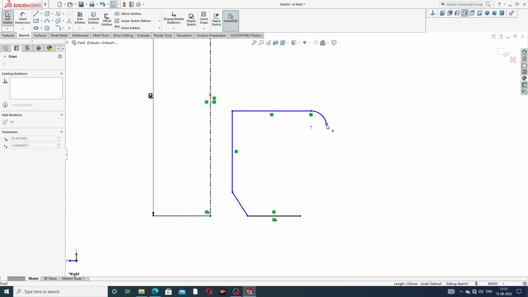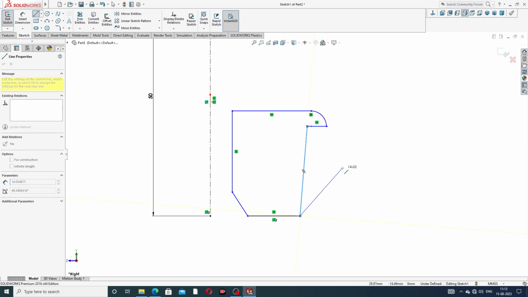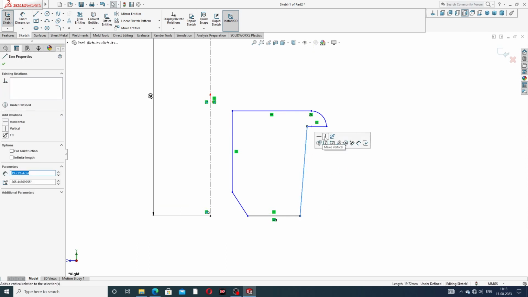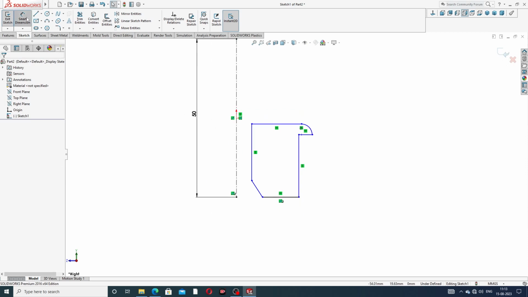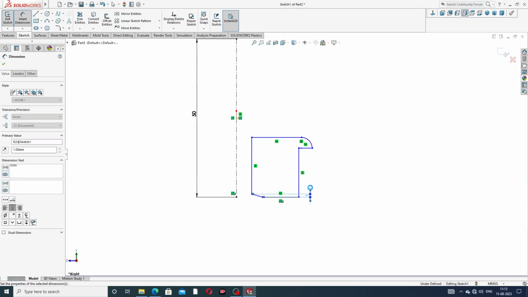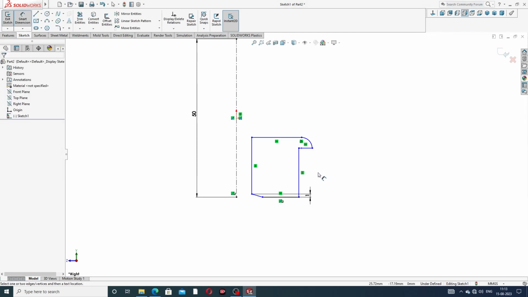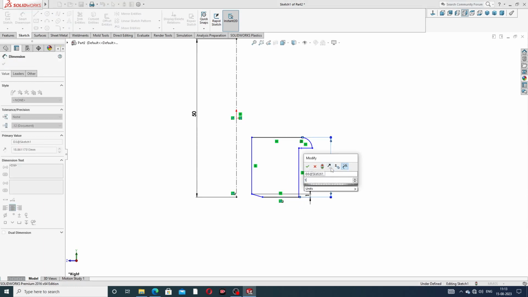Connect to this and select a line, draw a line from this to this, and this line is vertical. Also select this line, it is 1 millimeter. And this to this line is 12 millimeter,